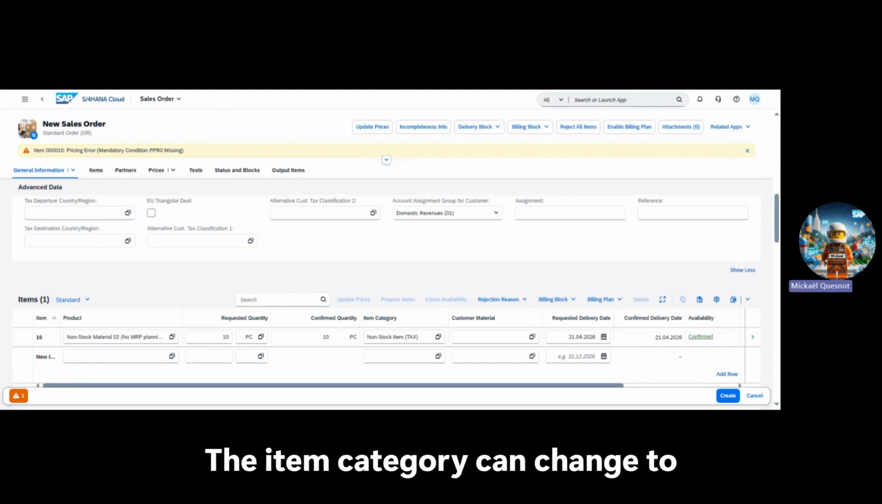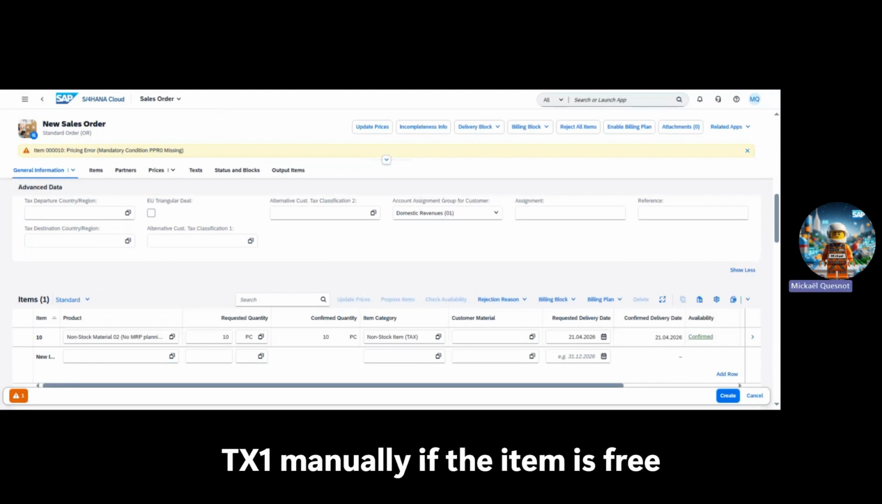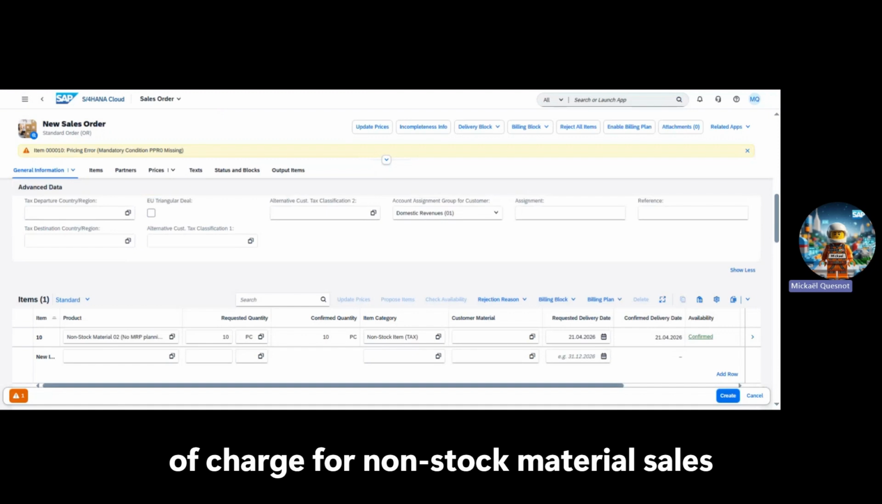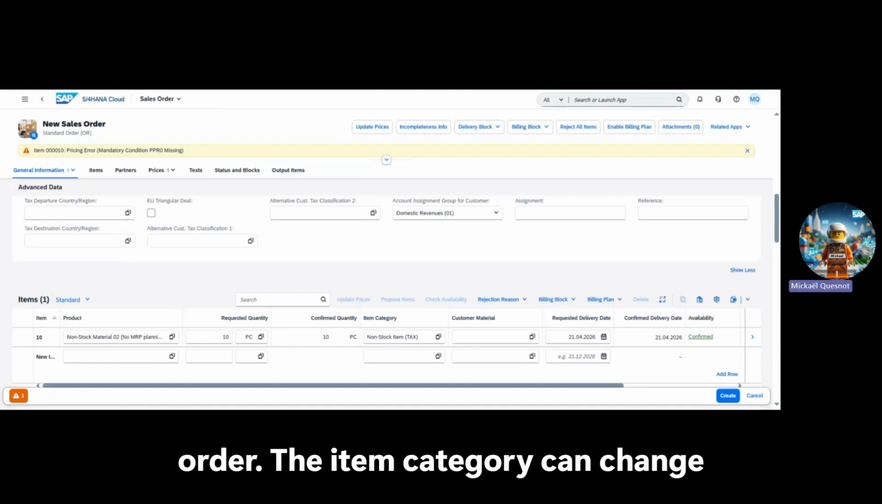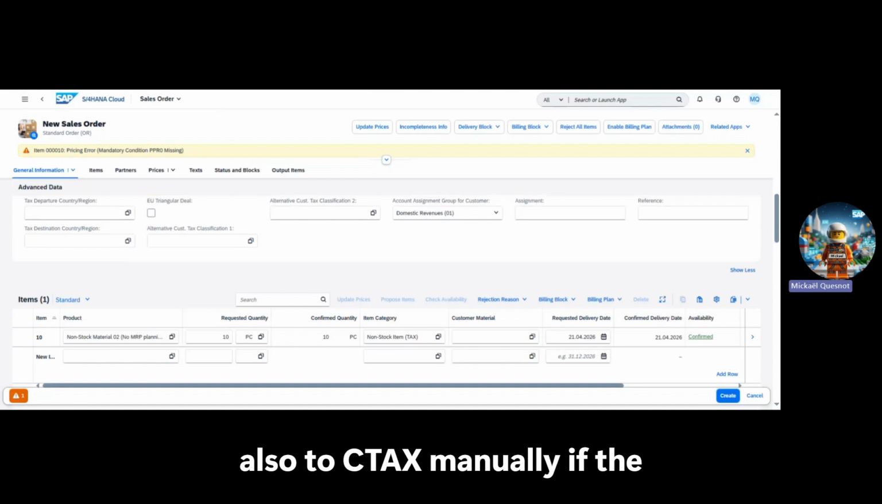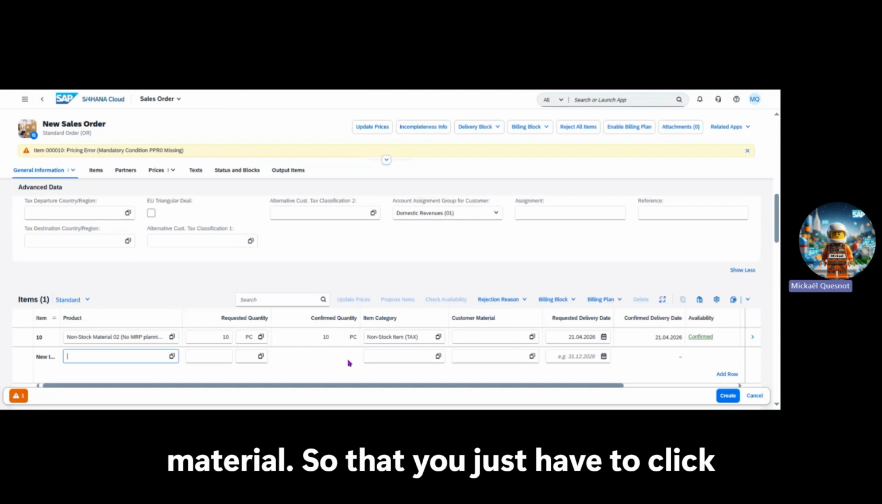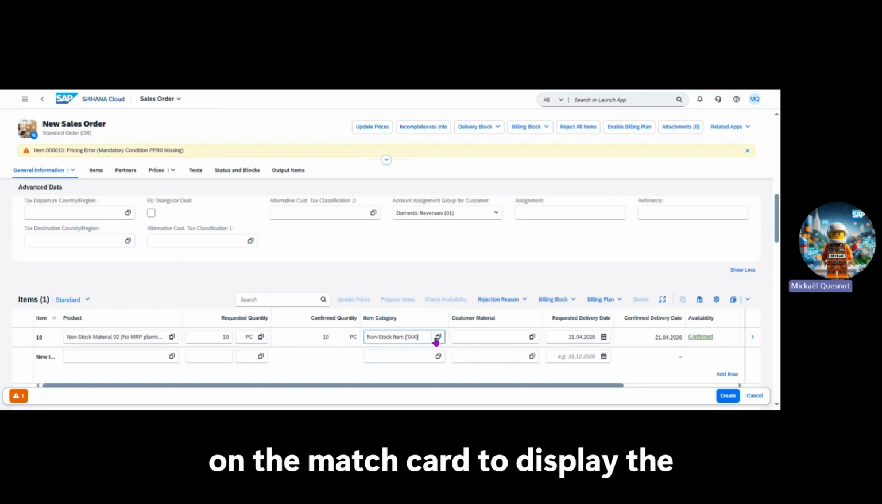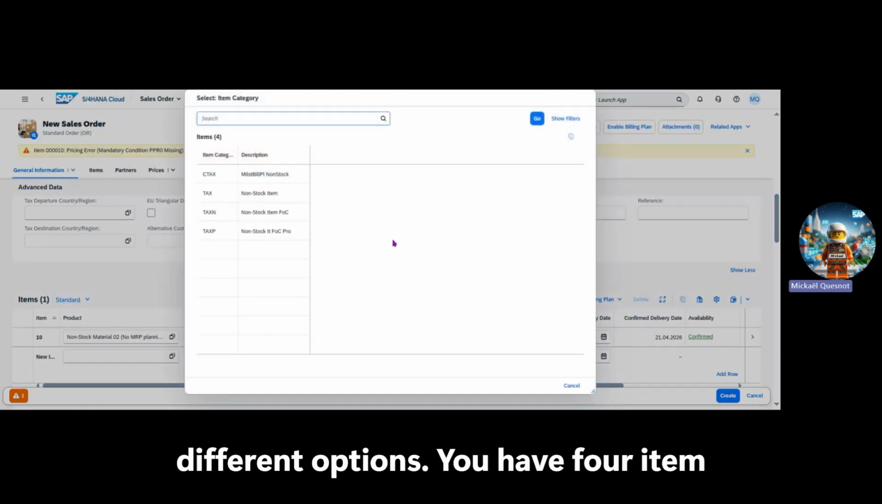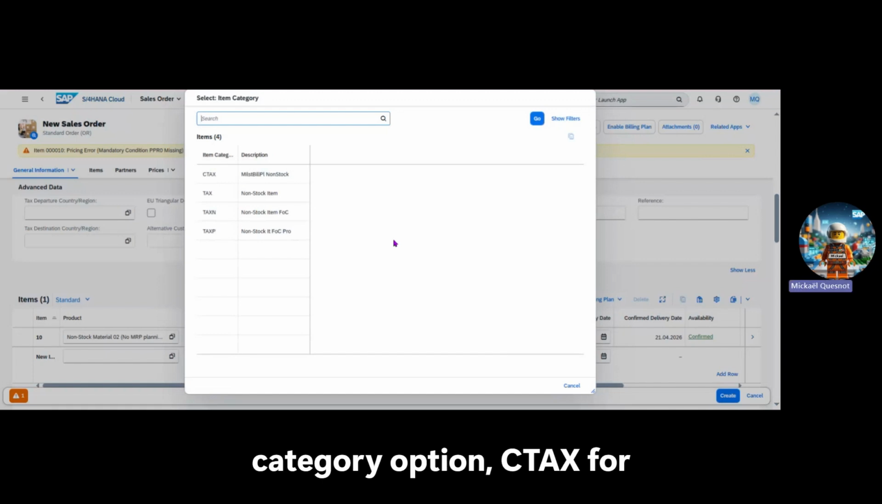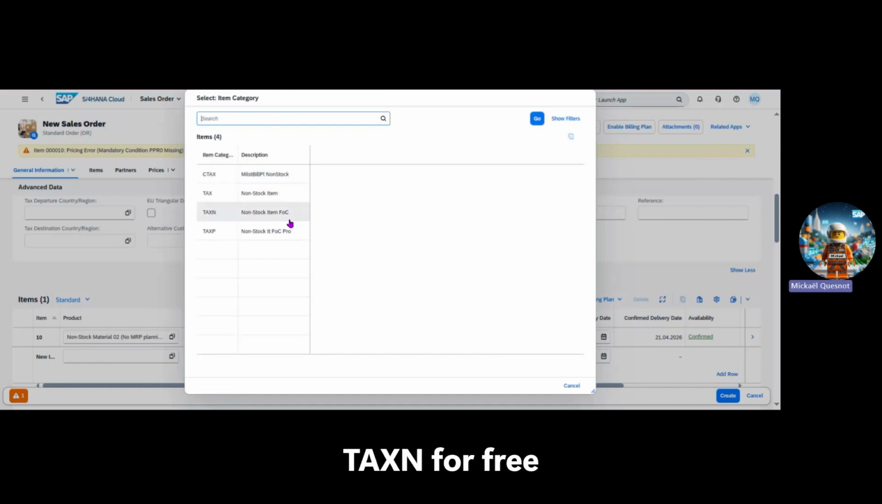The item category can change to TX1 manually if the item is free of charge for non-stock material sales order. The item category can change also to CTAX manually if the item is a down payment for non-stock material. For that you just have to click on the match card to display the different options. You have 4 item category options: CTAX for milestone plan non-stock, TAX for non-stock item, TXN for FOC, free of charge, and non-stock